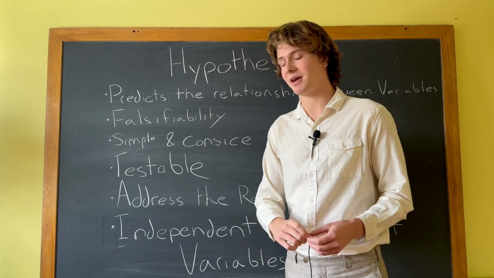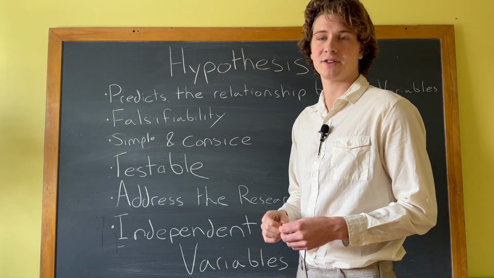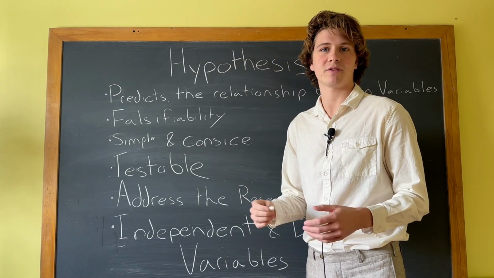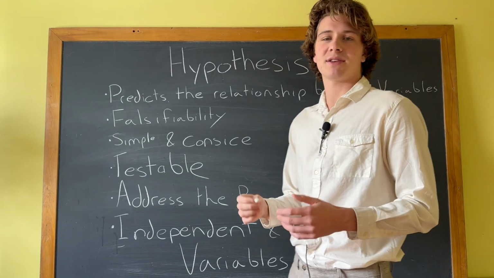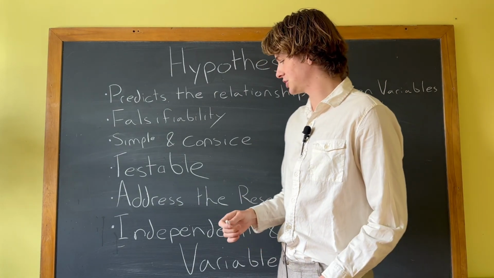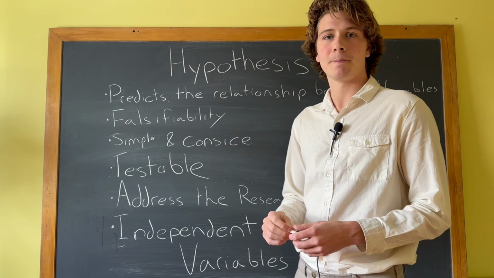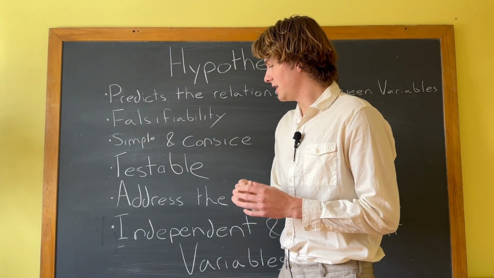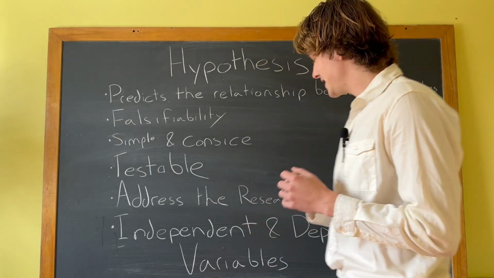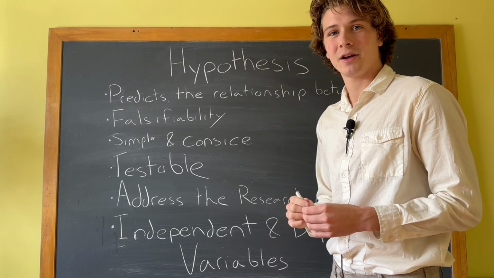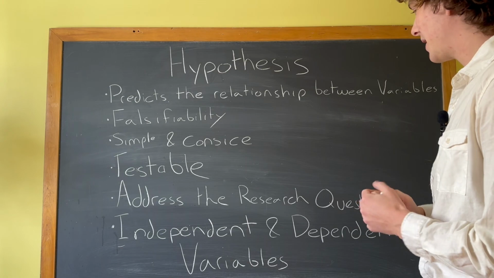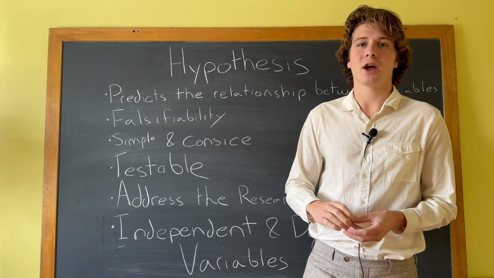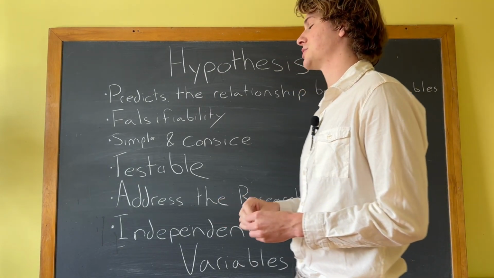You want to isolate the independent variable. There shouldn't be other variables, right? These are called confounding factors, confounding variables. And a good scientific study aims at eliminating that, right? So you're actually trying to isolate the independent variable. So you know that in your study, the independent variable that you introduce is the sole contributing factor to what's changing the dependent variable, right? A good hypothesis obviously is detailed enough to explain this, right?